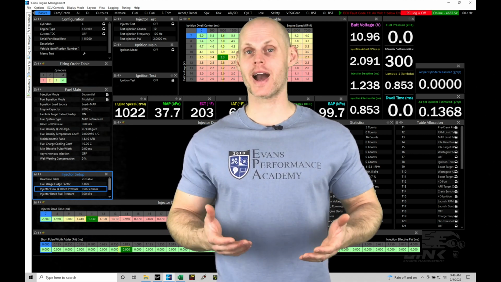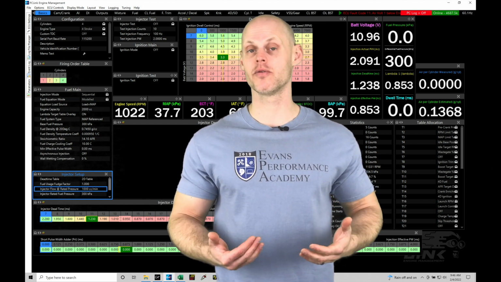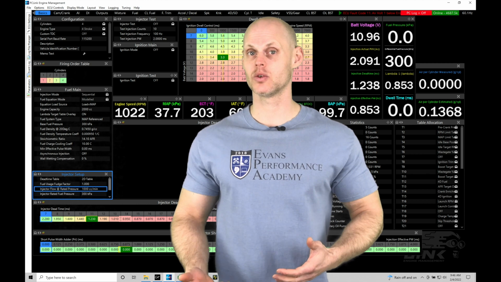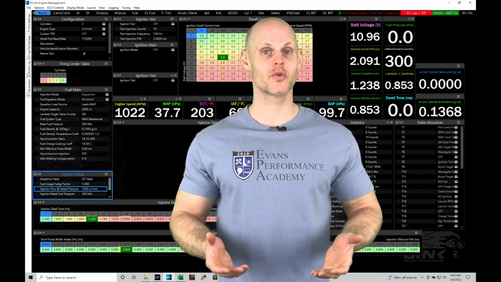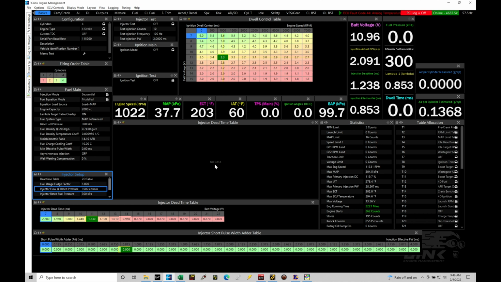We're going to be exploring how we can go in and actually correct bad injector data and making sure that we have our airflow model side correct when we're in our model mode. Without further wait, let's jump in so we can check this out. Okay, so let's get started. We're going to be taking a look at how we can determine where our air lies in our fuel and